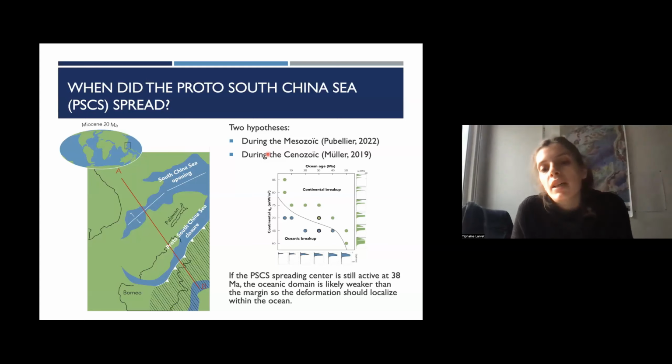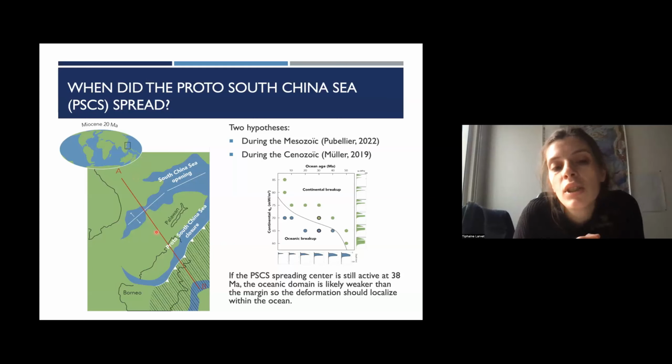What my simulation shows is that in order to localize the breakup within the continental margin, the oceanic domain must be stronger than the continental domain of the lower plate, which means that it is more likely for the Proto-South China Sea to be Mesozoic.